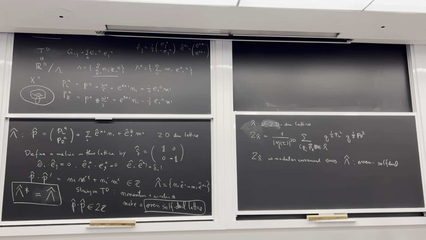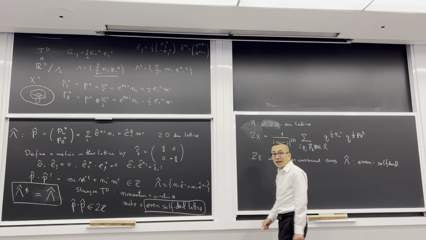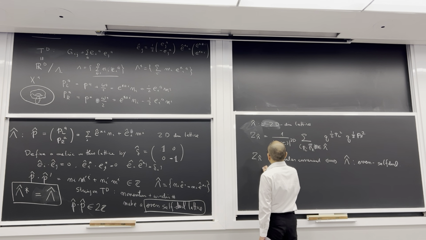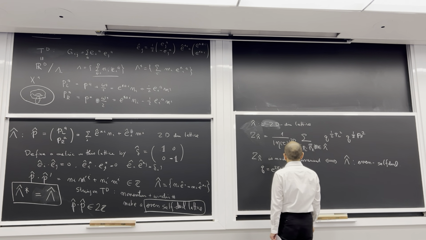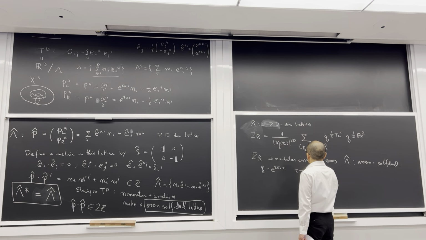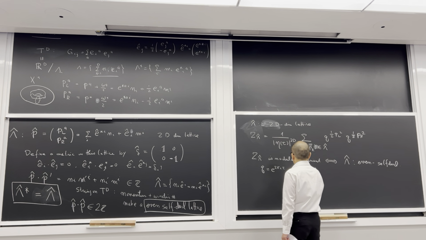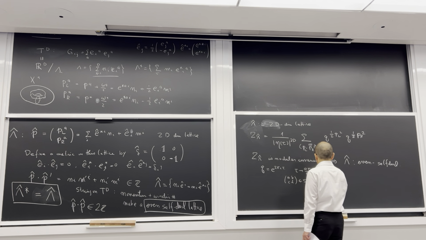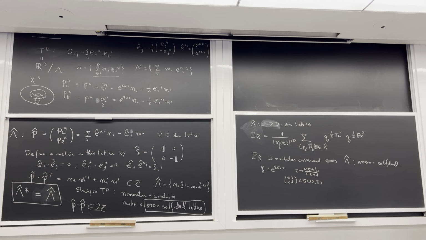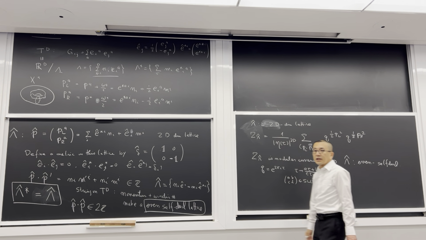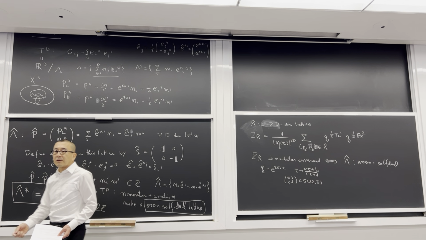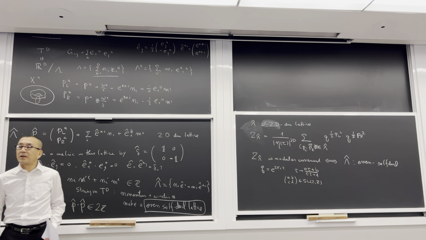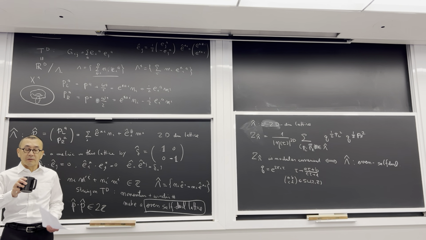So modular invariance, as we discussed earlier, is the invariance of this. We write q equal to e to the 2 pi i tau. And the modular invariance is the invariance under tau goes to (a tau plus b) over (c tau plus d), where a, b, c, d is in SL(2,Z). So this is the invariance under this transformation. And this is necessary for the two-dimensional conformal theory on a genus 1 Riemann surface to be well defined, so that it only depends on the conformal